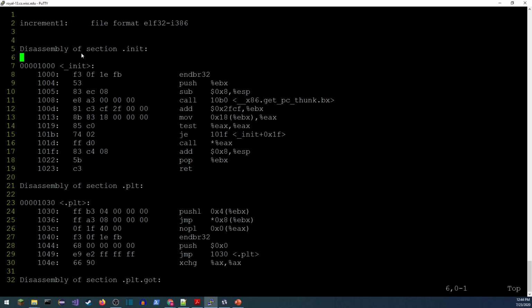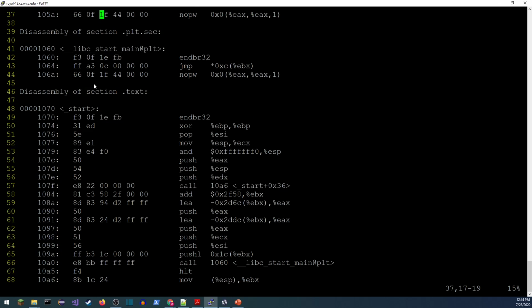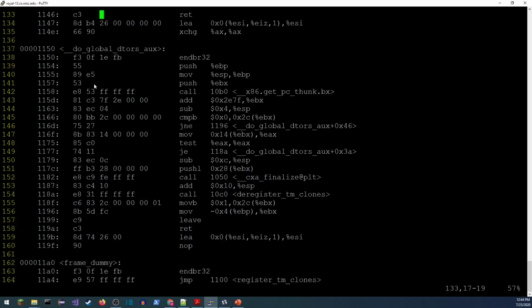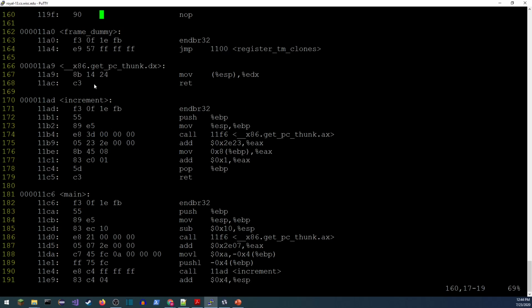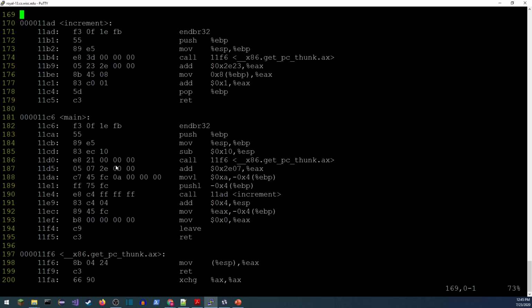Okay, so let's take a look at these different sections. Somewhere in here, we should have a main and an increment. Okay, here we go, down at the bottom. So there's a lot of other stuff going on that's going to help set things up for function calls, and the operating system needs things to work a certain way. Memory alignment needs to, so a lot of those things are taking care of details like that. But somewhere in here, we're going to have a main, and we'll have the functions also. So we can take a look at exactly what really happened.